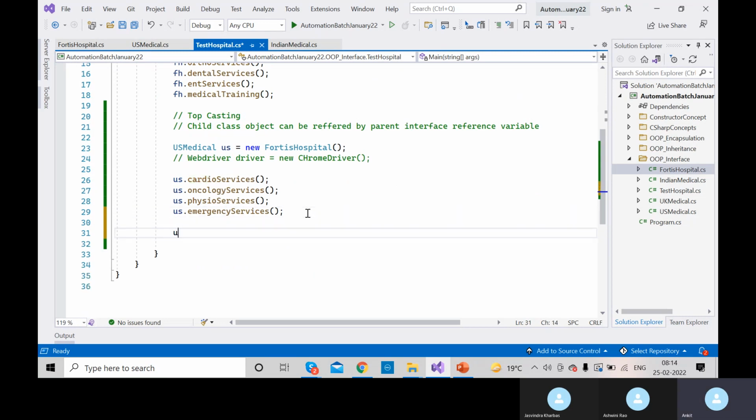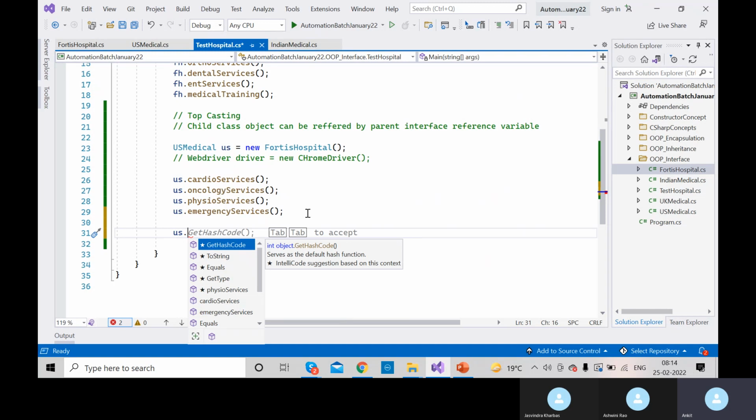Why can I not access the method by using the upcasting? Why am I not able to? I give you one concept. There is one specific name for this concept. Do you remember? If you practice, then you might have remembered that. Otherwise, not. So why can I not access the methods from